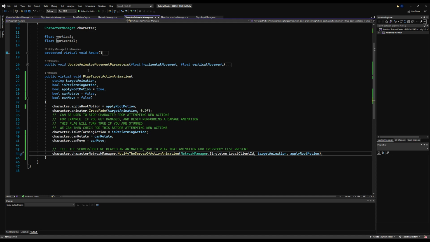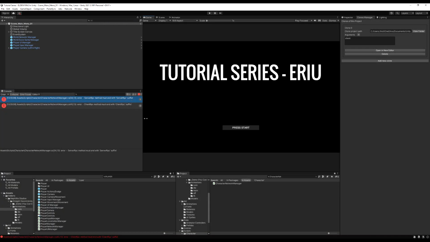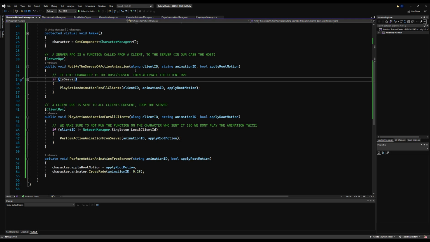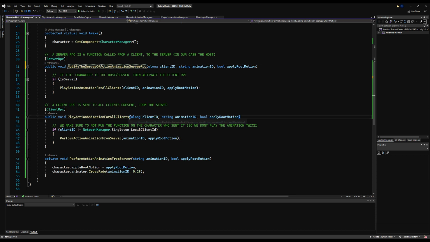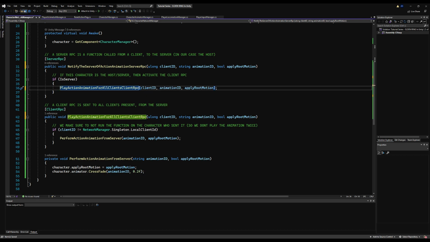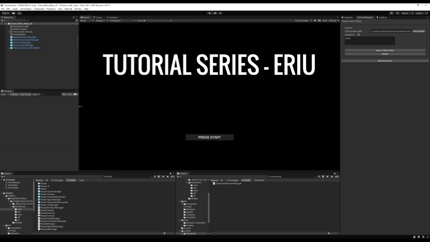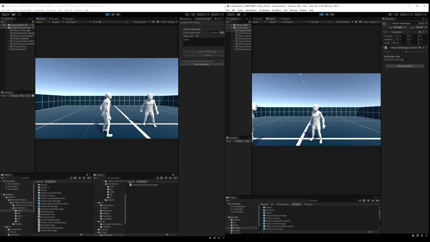And if we save that now, we can minimize this. You'll see you get two errors because although we don't have an error in the code, Unity's netcode requires that we end server RPCs with the suffix ServerRpc and client RPCs with the suffix ClientRpc. So this needs to be done every single time you create a client or server RPC, and this is pretty standard. So let's just fix the names and save that. And now if we go over to the character animator manager, let's just make sure we fix over here too and save that. And now if we save this, minimize it, and go to the game, I'm just going to adjust my window here and hit play.